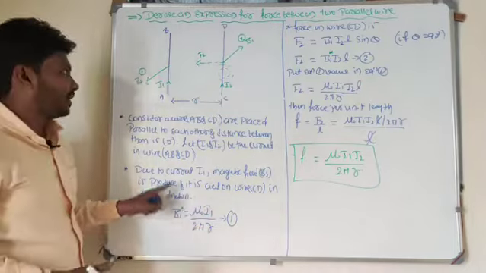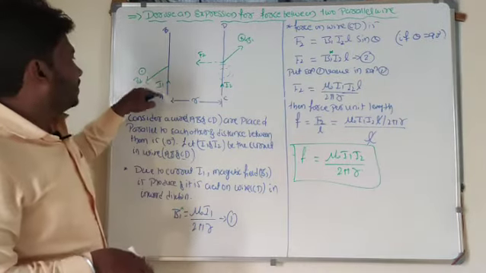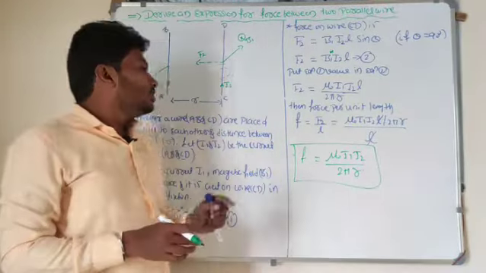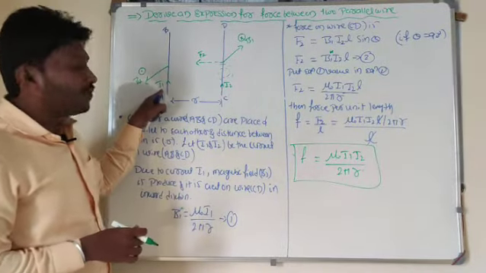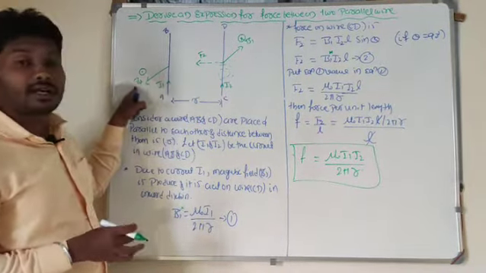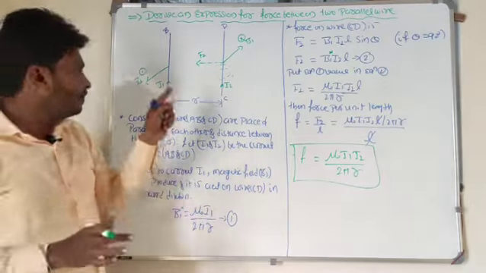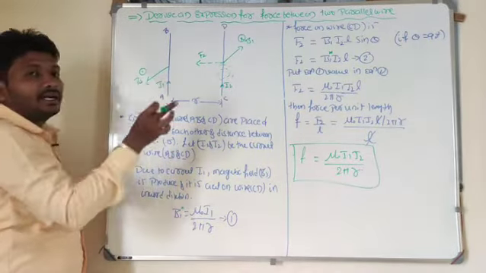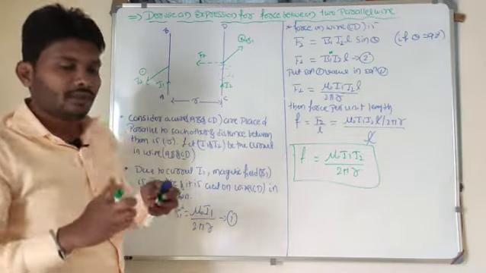This is the formula I can write. Now on the wire AB, current I1 is there and magnetic field B2 is there, right? So on the wire AB, I know the value of the current as well as the magnetic field. Again I have to find the direction of the force acting on the wire AB. I know the direction of the current and the direction of the magnetic field, and I want to find the direction of the force.